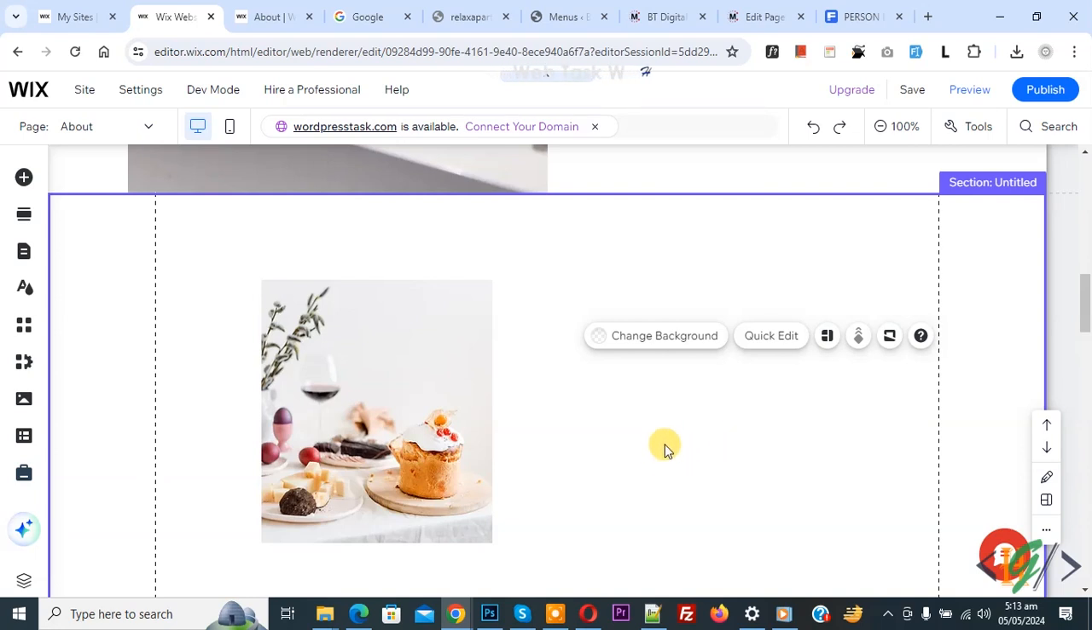Bismillahirrahmanirrahim. Assalamu alaikum. My name is Hassan and today we are going to add a zoom hover effect on an image in